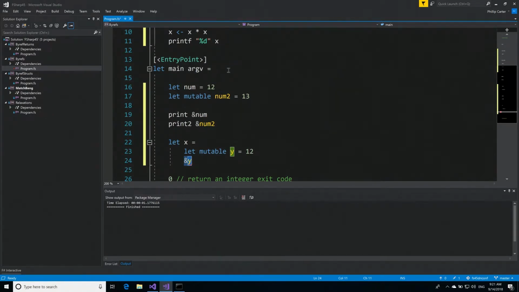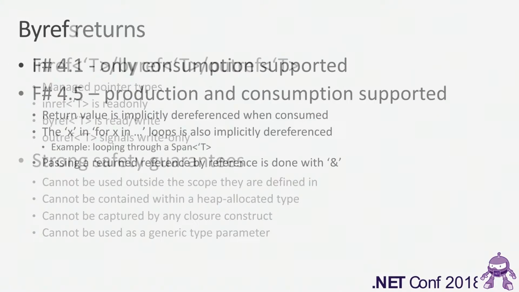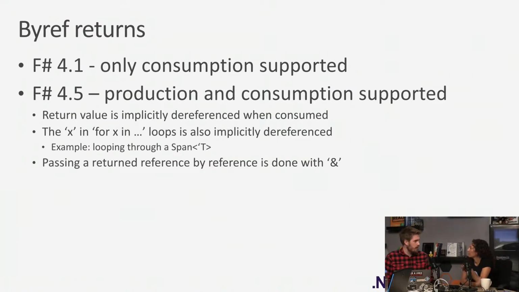So we're taking that quite seriously. Cool. So there's also byref returns, which I mentioned. In F# 4.1, we had support for consuming them, but you couldn't produce them. This was a feature that came out in C# 7.0, and it was useful if you're doing programming with